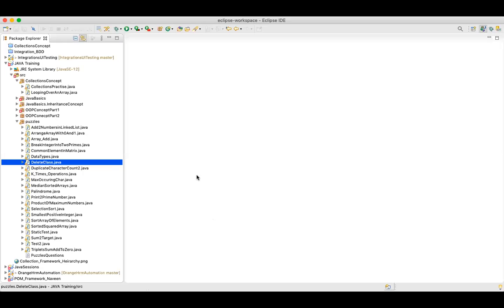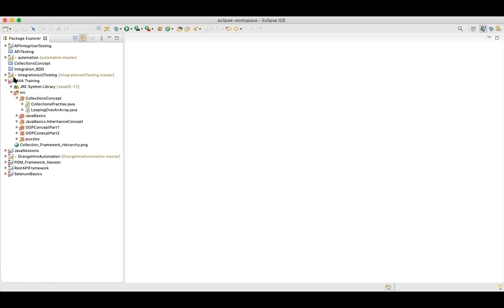Eclipse. Let me start with my class. I'll create a new class, and the session for today is hash map. We'll go through what a hash map is and what the difference is from our earlier sessions on array list and linked list. We saw array list, linked list, and a couple of other things, but now we'll start with hash map.